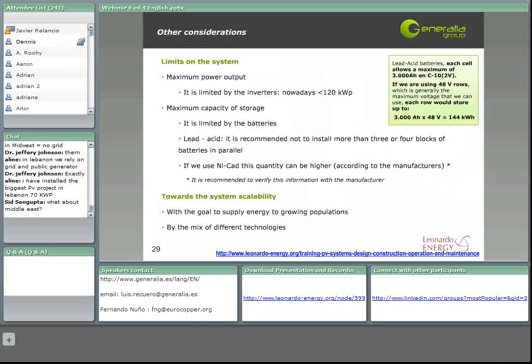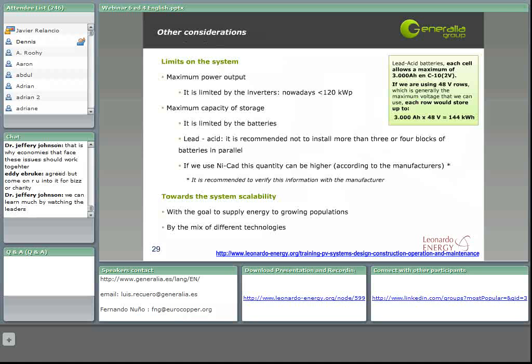Also, the maximum capacity of storage is limited by the batteries, and if we use lead acid batteries, we cannot combine more than 4 blocks of batteries in parallel. As you can see in the chart at the top right of this webinar, each row has to store less than 144 kilowatt hours. So if you multiply this by 4 rows, you get that they can store more or less